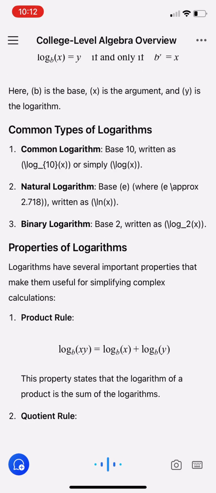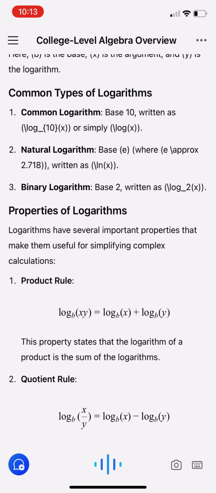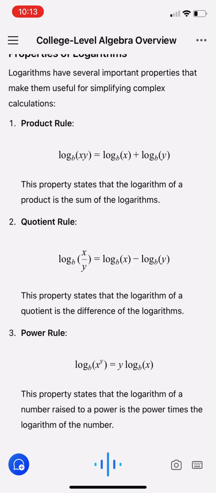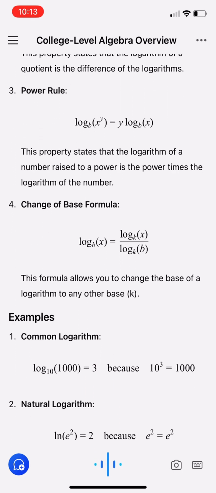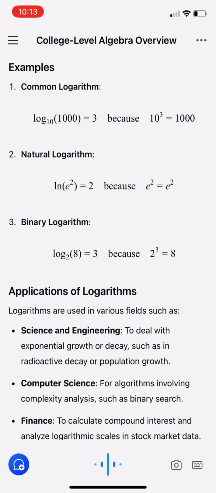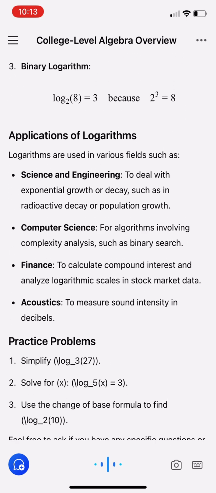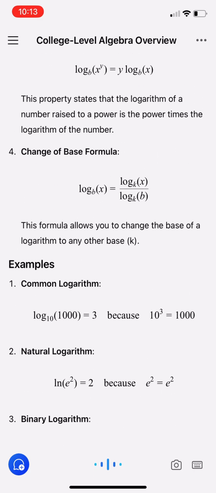Common types of logarithms. Common logarithm, base 10, written as log_10 x or simply log x. Natural logarithm, base e, where e is approximately 2.718, written as ln x. Binary logarithm, base 2, written as log_2 x. Properties of logarithms. Logarithms have several important properties that make them useful for simplifying complex calculations. Product rule: log_b xy equals